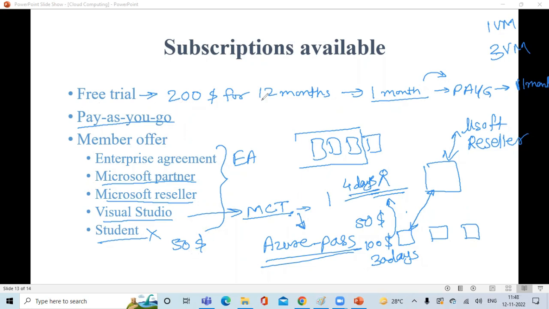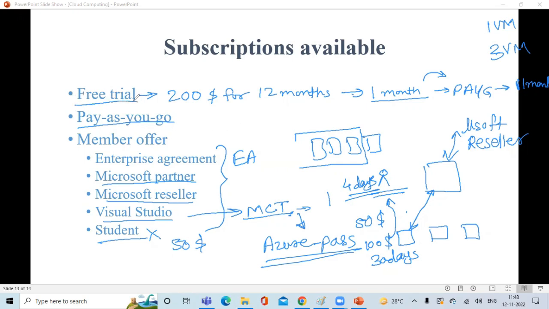Every subscription is having that limitation. So the free trial is also having some limitations. You can use only two storage accounts. You can use only 3 virtual machines at one time, like that. So these are the different kinds of limitations, and you will get those limitations from the subscription resource quotas. I will show you that part right now.